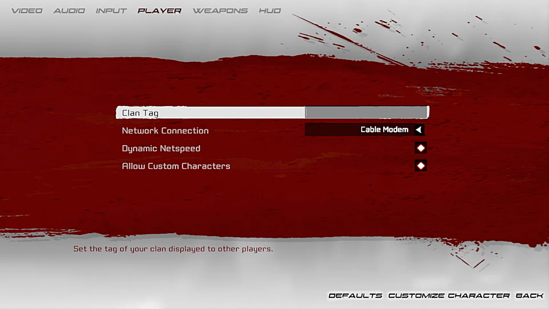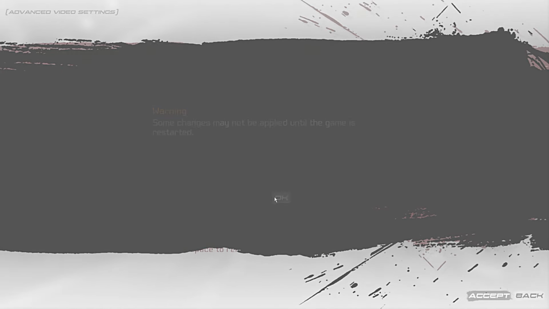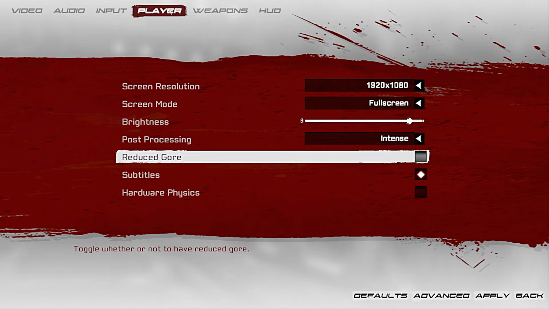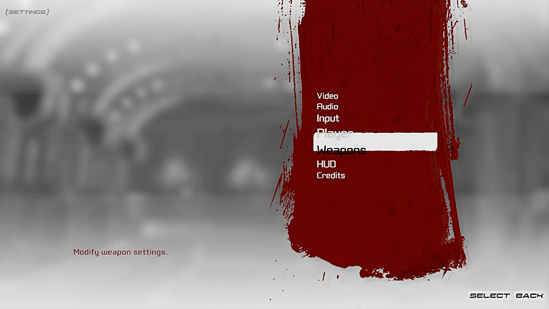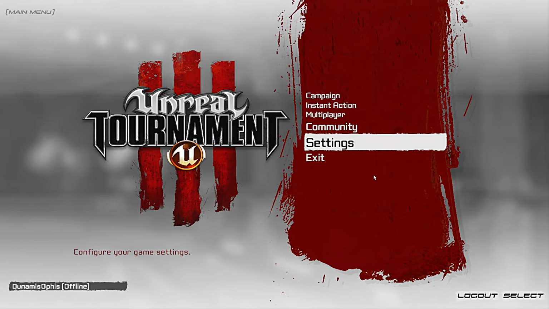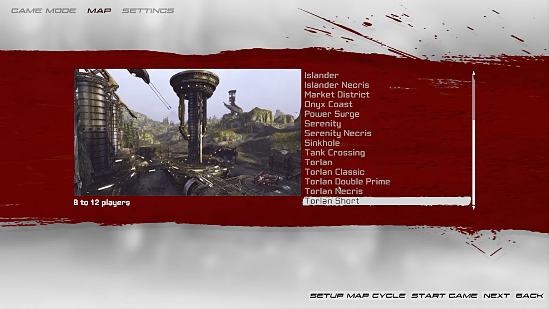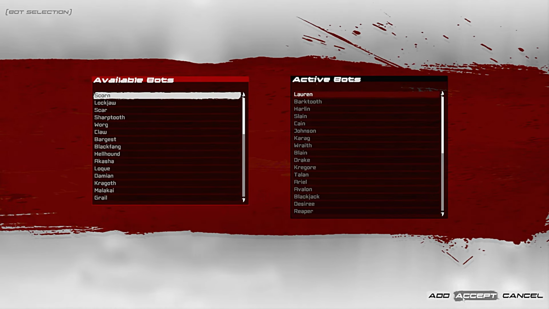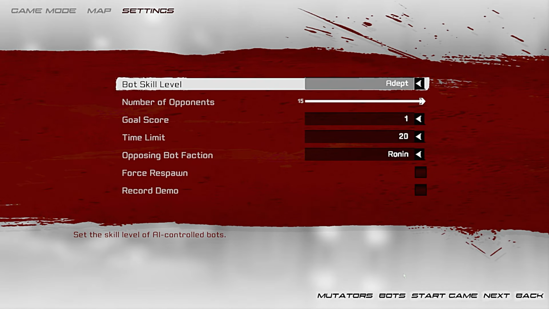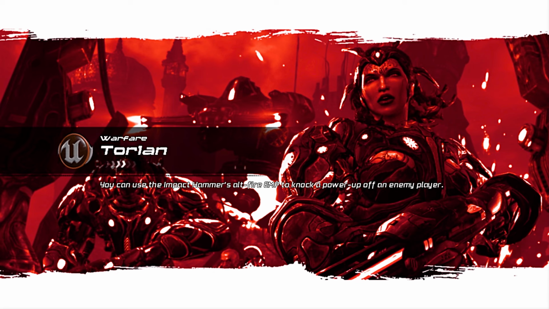These are my input. I think that's it. I have VSync on set. Yeah. I pretty much already did this. So this should be my player now. That's what I was looking for. Now let me go back. Warfare. Double prime. Yep, all this set up. Okay, let's go. I don't know, do I have...